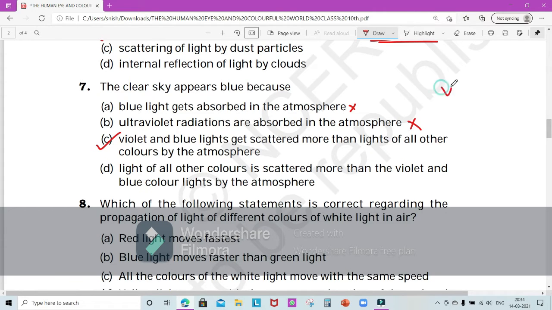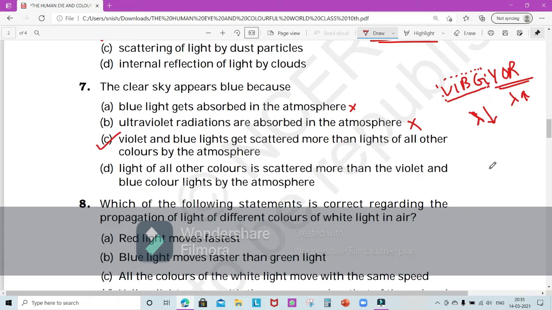Correct. See, violet, indigo, blue, green, yellow, orange, red. Number one, these, almost in the beginning of the spectrum, have lesser wavelength. Lambda is what wavelength is represented by. It's low. That's why the scattering is more for them. The angle of deviation will be more for them, and you will see them being more scattered. While orange and red will be scattered least because they have higher wavelengths. So these get scattered the most and they reach our eyes.